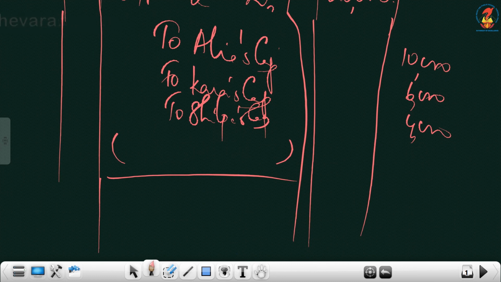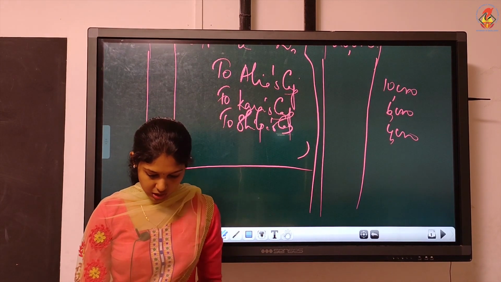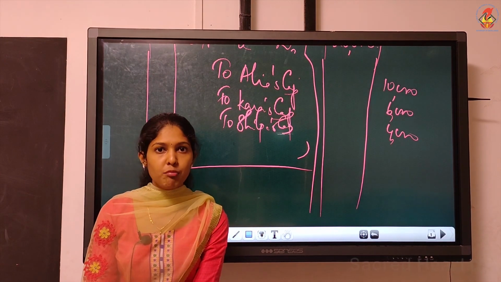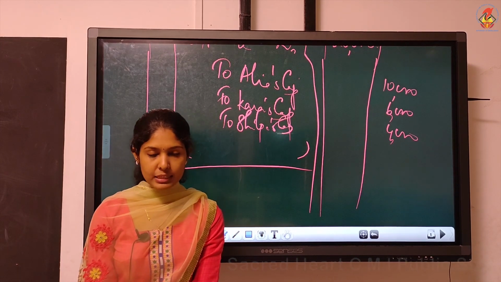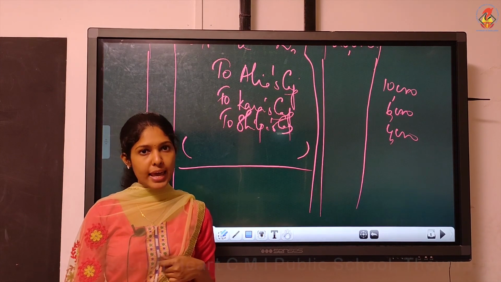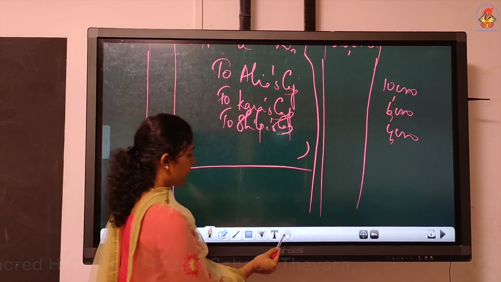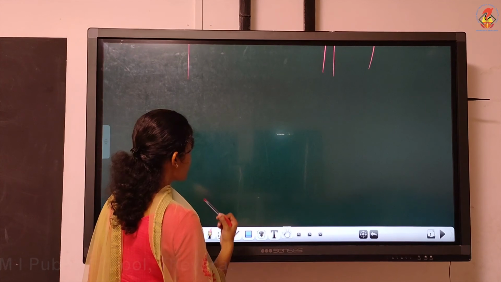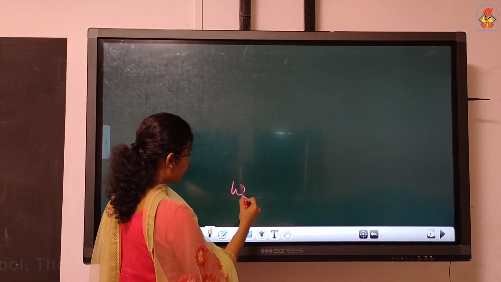Next item we have is goodwill in the adjustment. There is one goodwill here, 2,40,000, that's goodwill in the adjustment, and the new ratio is given. And what is the journal entry for goodwill given in the adjustment? The basic entry you have to write: gaining partners' capital debit, to retiring partner's capital. Before you write the entry, you must compute the gaining ratio. We have to see whether both are gaining or whether only one of them is gaining. So we'll compute the gaining ratio. Do it as a working note here.